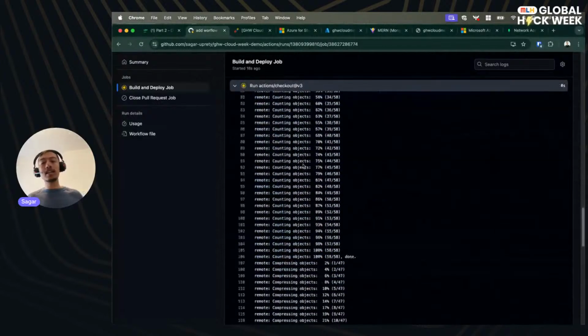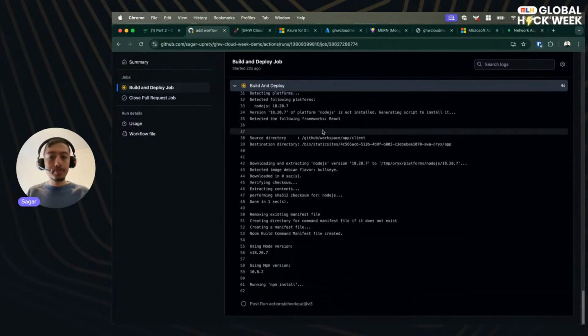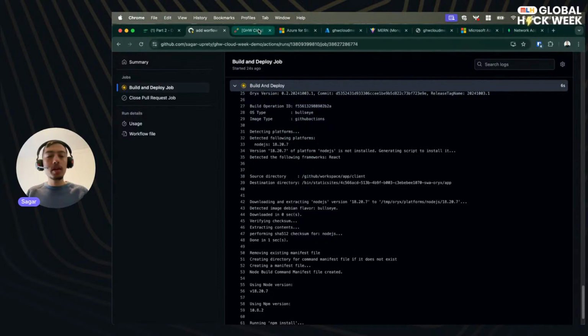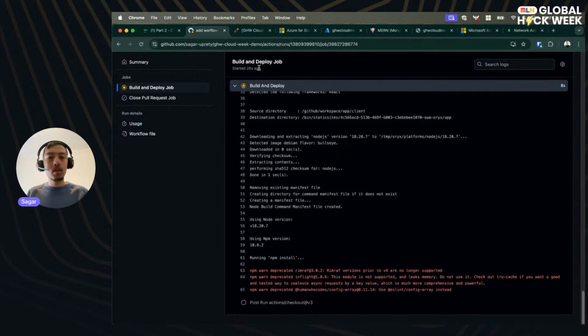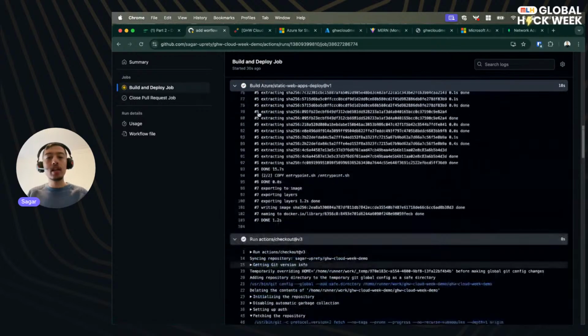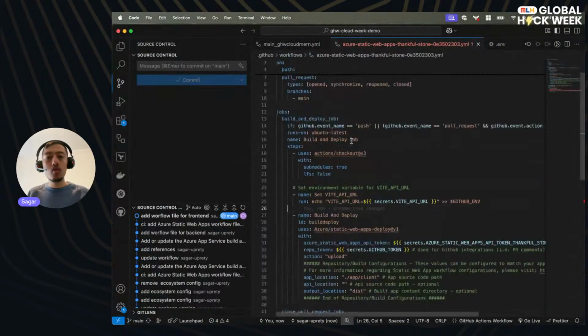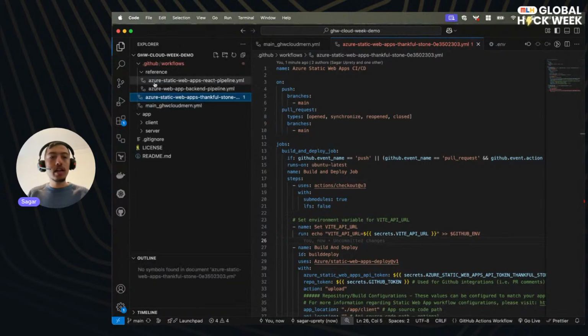And we will also quickly see how we can set up a custom domain as well. Wait for this to complete. And in the meantime, while this is done, I will tell you how you can rectify or improve your workflow to just run the workflow that you need. So instead of triggering the workflow on pushing to all the branches,